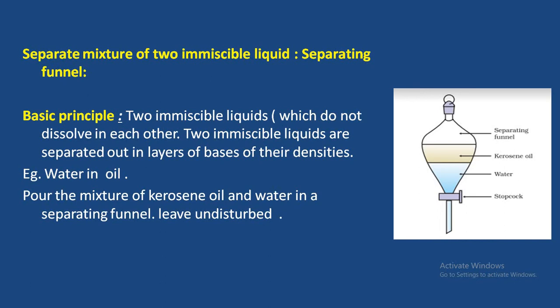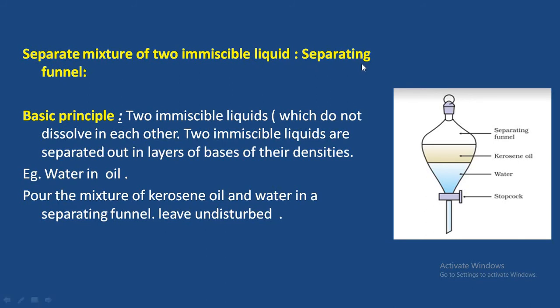Now here is immiscible liquid. Immiscible liquids are those liquids which cannot be mixed with each other, meaning when two liquids are mixed, a separate layer is visible to us. When we mix oil in water, there is a separation layer between oil and water. It means they will not mix thoroughly. These liquids are called immiscible liquids, which do not mix or dissolve with each other.